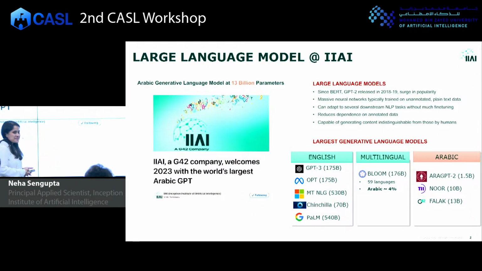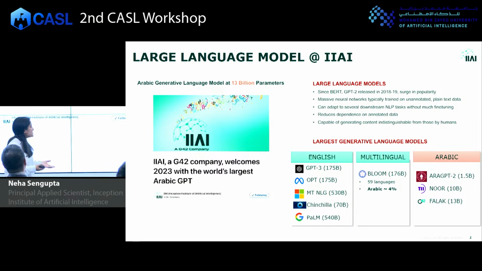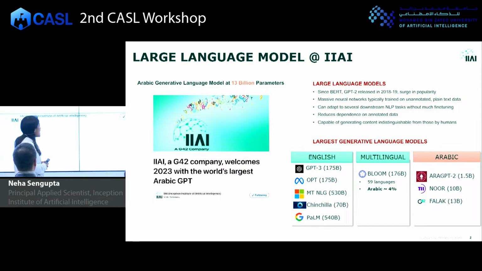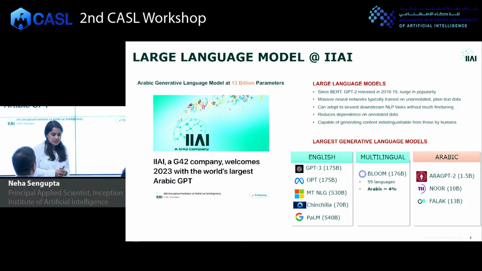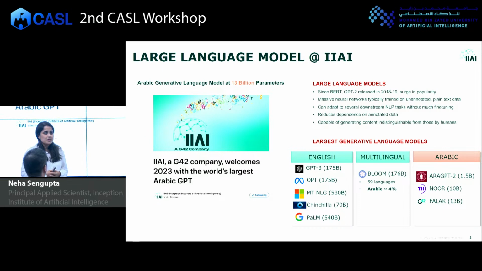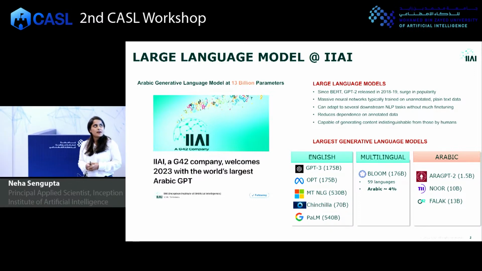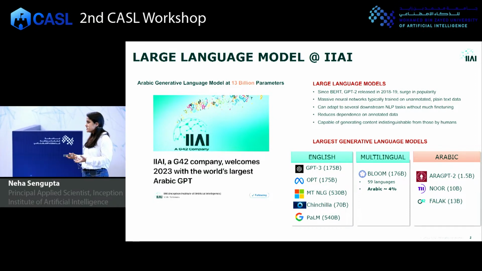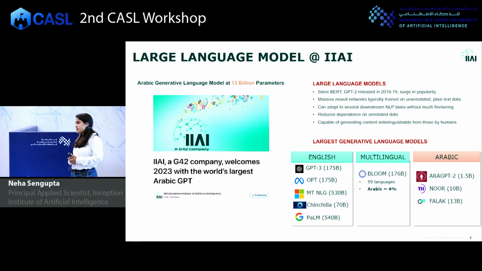Okay, so for some of us who do follow the AI channel on LinkedIn, in the beginning of 2023, we announced that we will soon be launching a 13 billion parameter model for Arabic, which will then be the largest generative Arabic model in the world. And why we're doing this, it's already been talked about a lot, and since 2018-19, there's been a lot of interest around language models. We have also explored different kinds of language models since then, although we started training very recently.